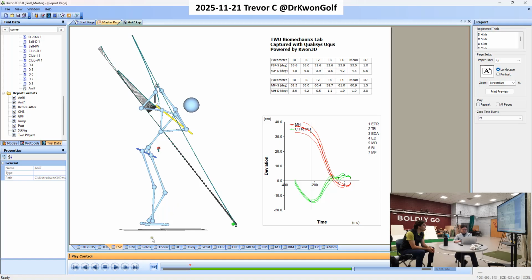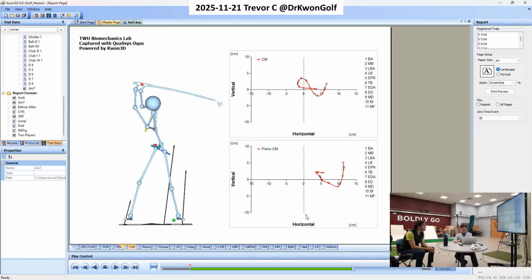And then center of mass motion largely looks similar, but now you're dropping this more and then up, which is good. So still you need to have a bit more lateral motion, but